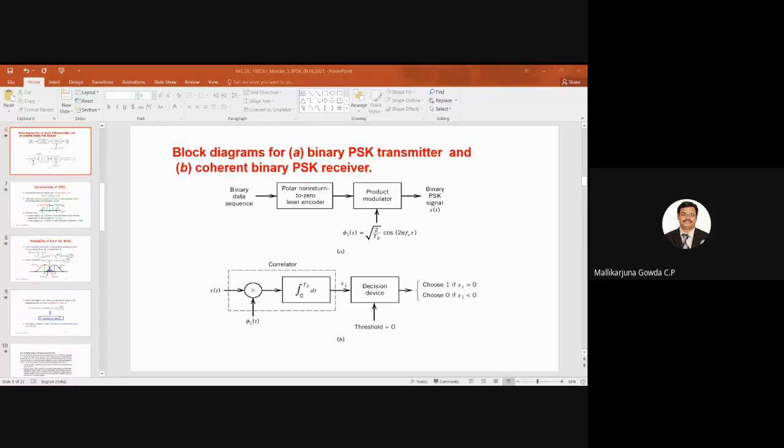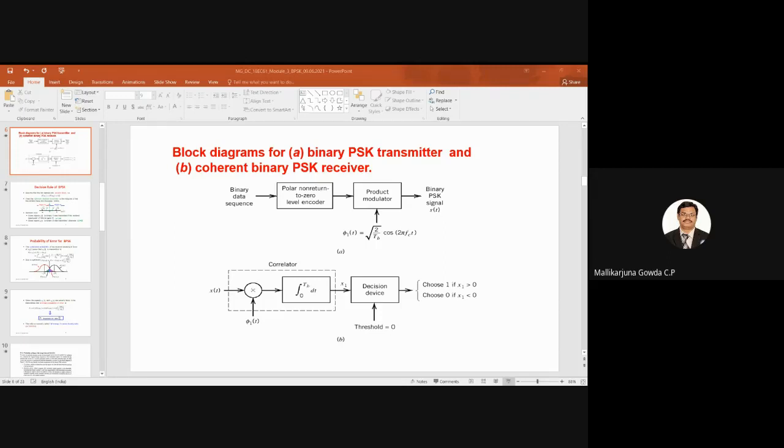Then the output of this correlator is the observation vector x, and this x1 is compared with the threshold value. How do we decide this threshold value? I have told you with respect to the signal space diagram. The purpose of this decision device is to take a decision based on the value of the received signal vector when compared to the threshold value. It will decide in favor of symbol 1 when the value of x1 is greater than 0, because